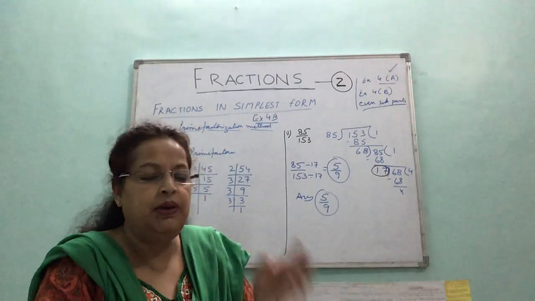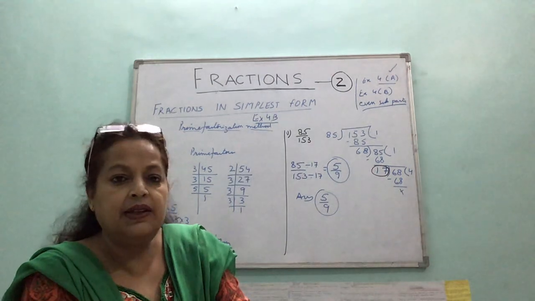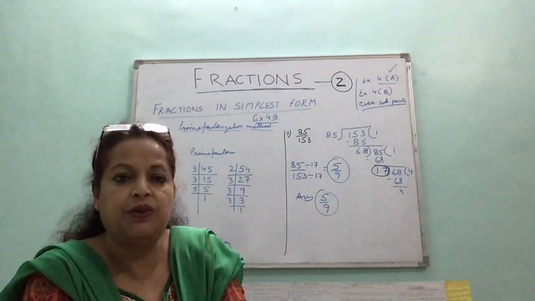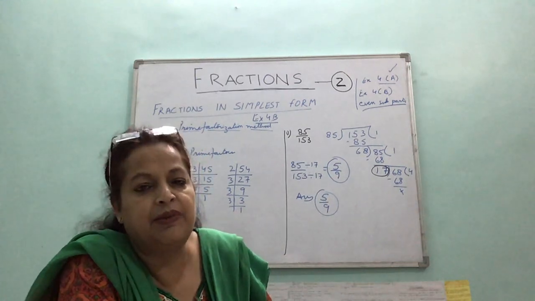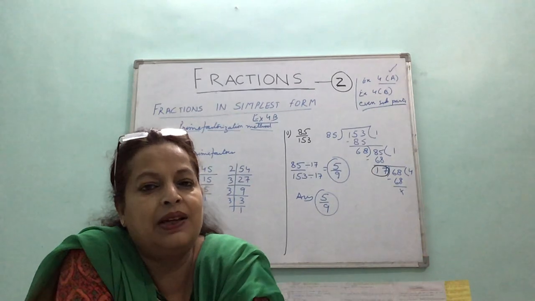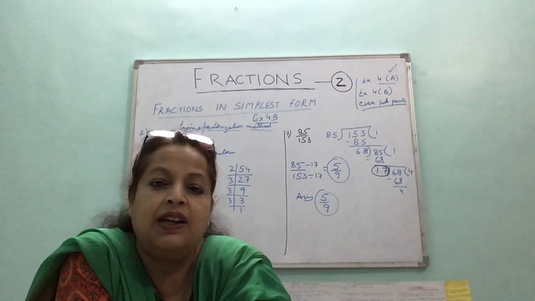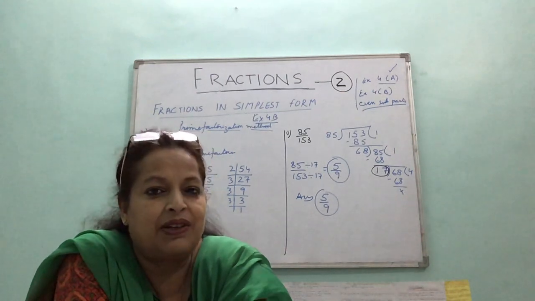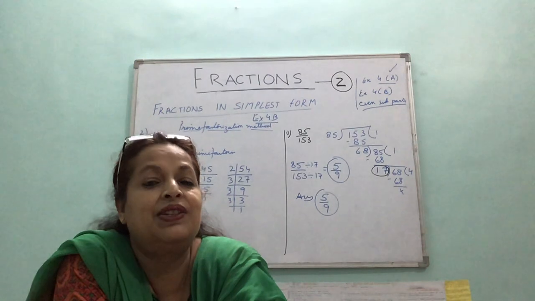And the method which you will adopt in the second question, that is to change to the simplest form. I have taught you two methods, one is the HCF method and one is the prime factorization method. I will leave it to you that you can do half of the questions by the HCF method and half of the questions by the prime factorization method. Alright, children, so you quickly finish this work.